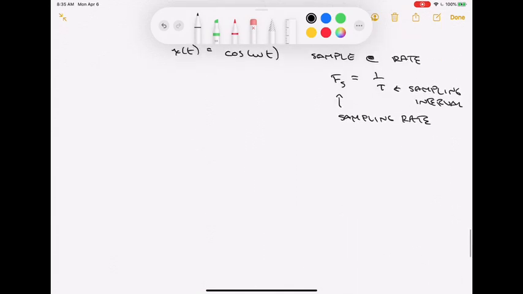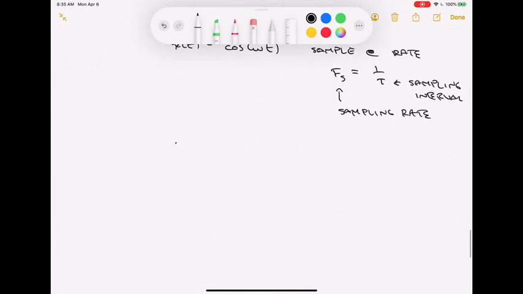Well, when I do that, then I get a discrete time signal. So x of n is equal to x of t evaluated when t is an integer multiple of that sampling interval. We already said that the continuous time input was going to be cosine omega t, and we're going to replace now t with nT, which I could write as a cosine,